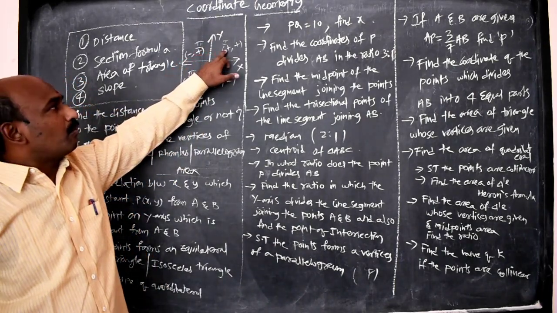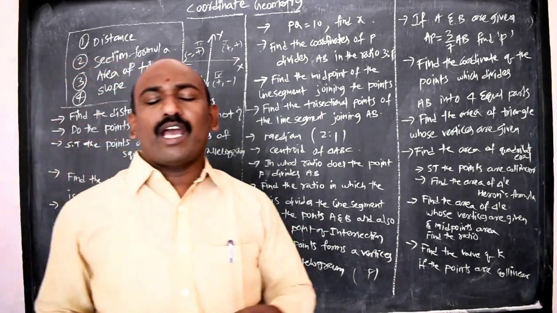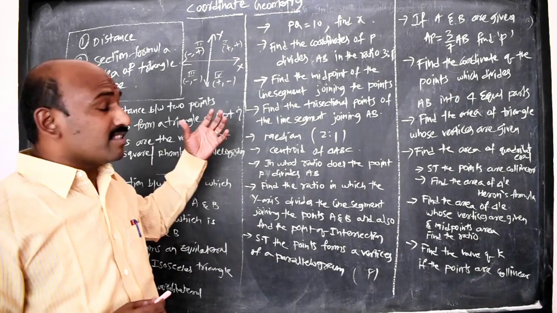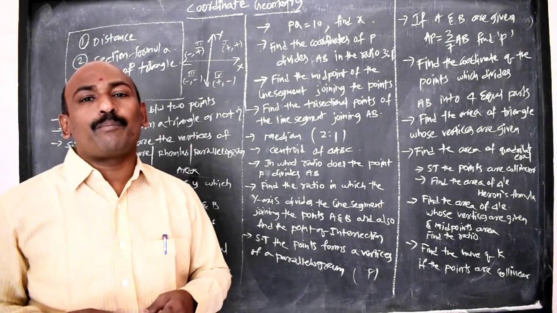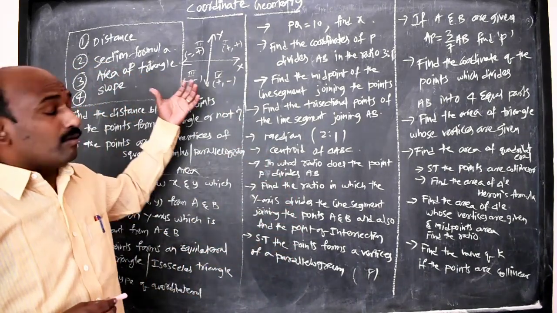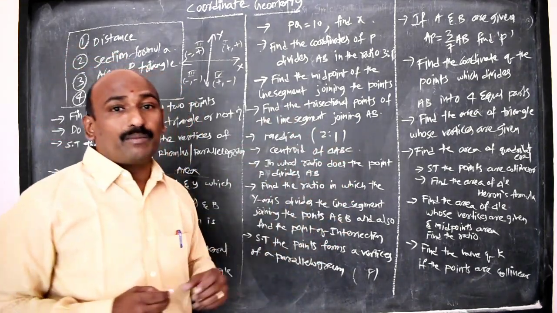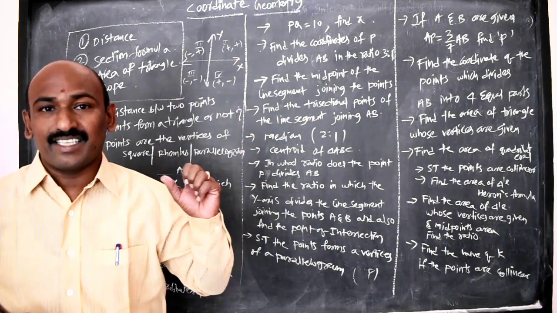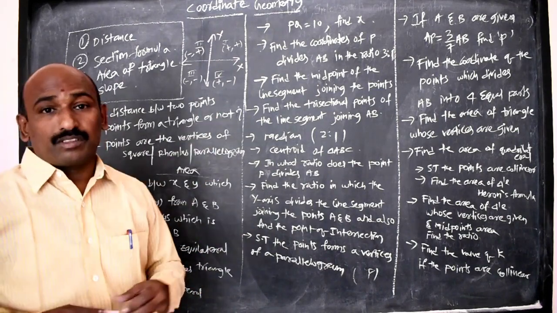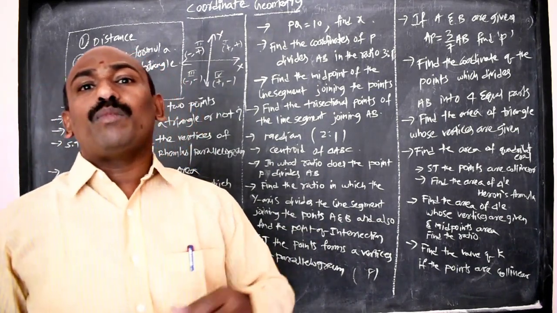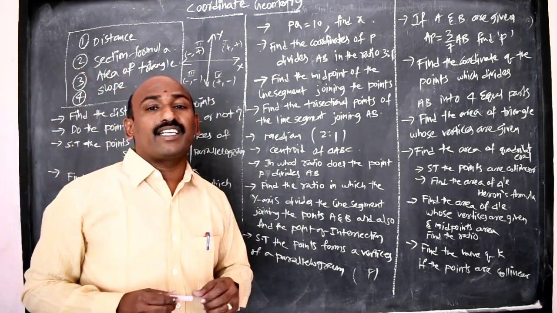Based on this, coordinate geometry indicates the position of a point. In real life we have so many applications. If you go for a Xerox machine or a scanner, we use coordinate geometry. Also in Google Maps, we are using coordinate geometry because it shows how much distance. In building construction and civil engineering, they have to see how much distance, angle of elevation; they use the concept of coordinate geometry in real life applications.